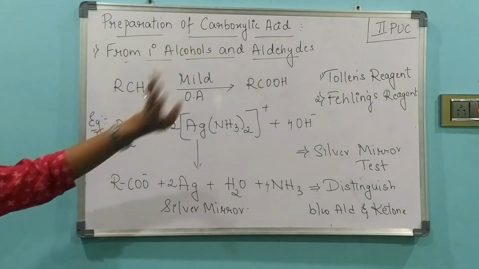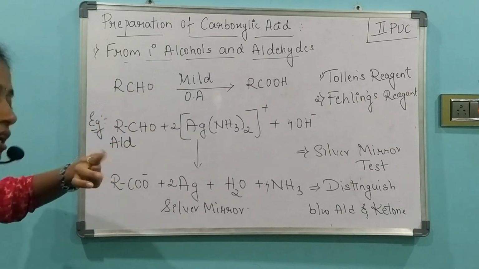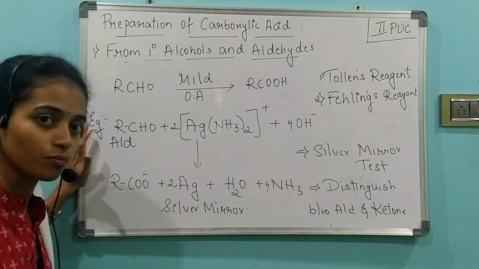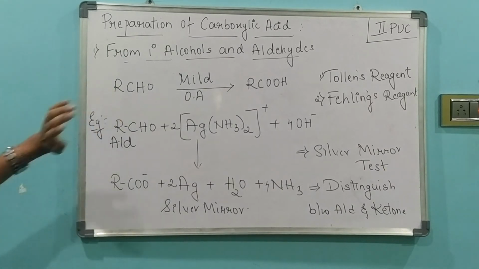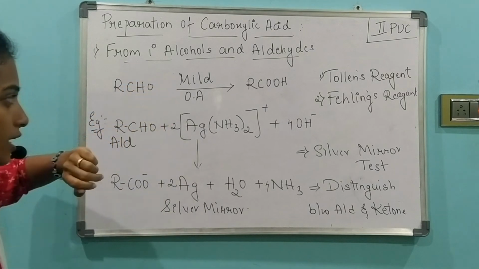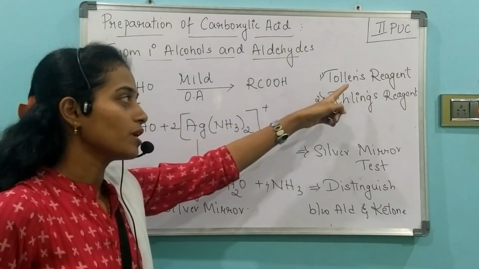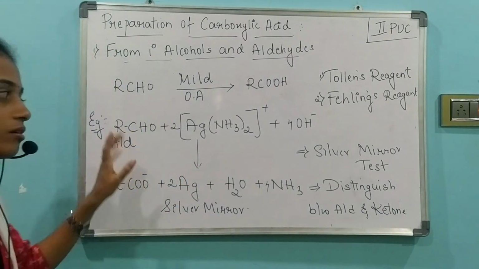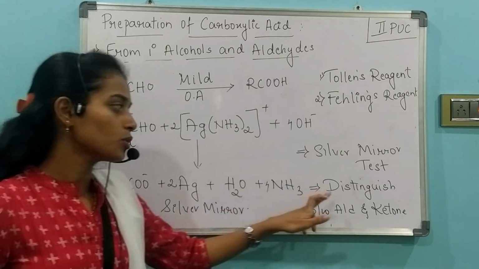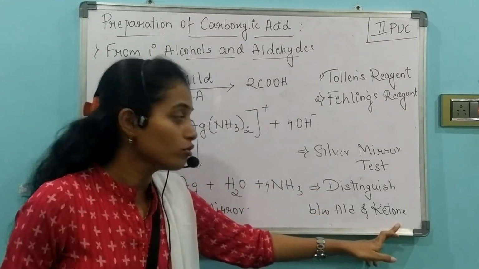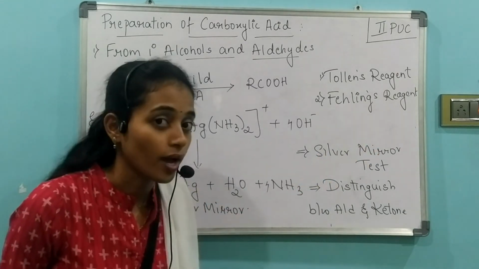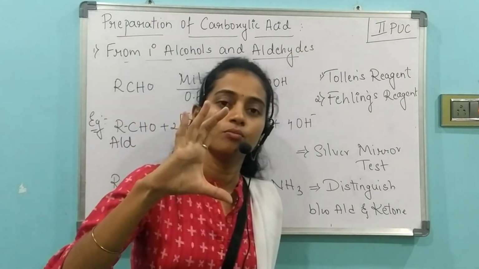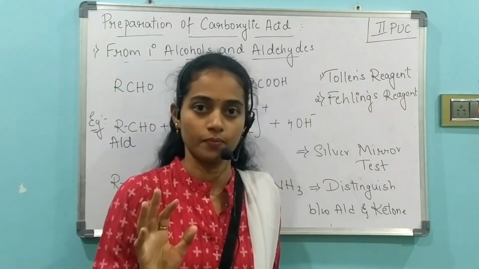Preparation of carboxylic acid I have done starting from the primary alcohols using the oxidizing agents, where oxidation takes place and carboxylic acid is being prepared. And here, second one, I have taken the primary aldehydes and I am using the mild oxidizing agent. The first one I have used is freshly prepared Tollens reagent, which is converted into the carboxylate ion, and this reaction can be used for distinguishing between aldehydes and ketones. We can also call this reaction a silver mirror test. Why? Because there will be the appearance of a silver mirror on the surface in the test tube wherever you are performing the chemical reaction. Got it?